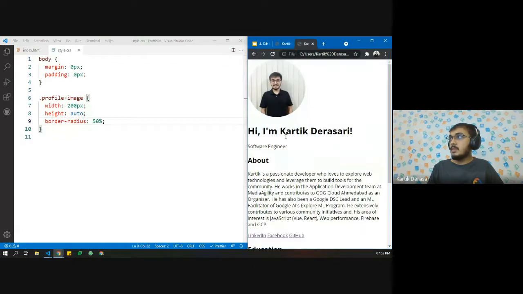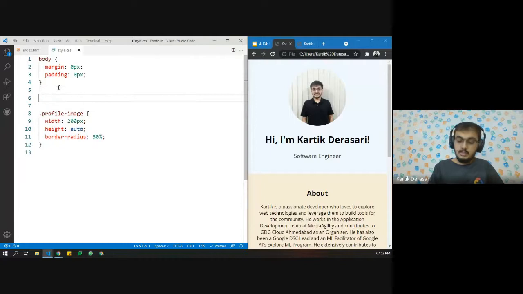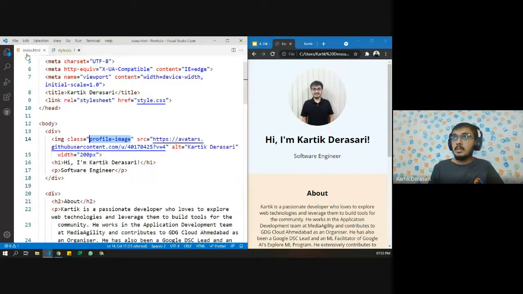Okay, these two are similar, no problem. Now let us design the container CSS.